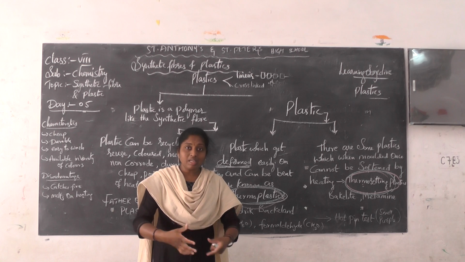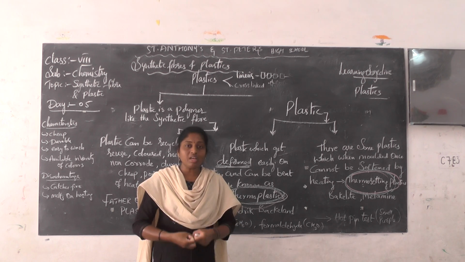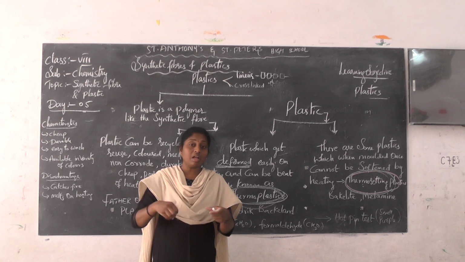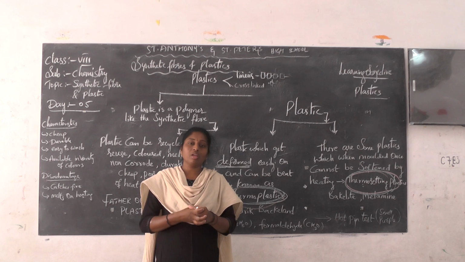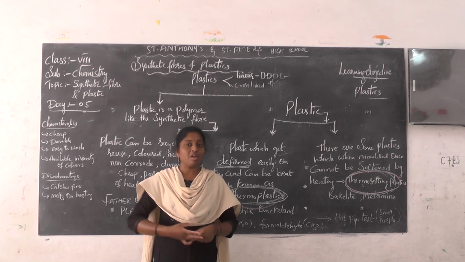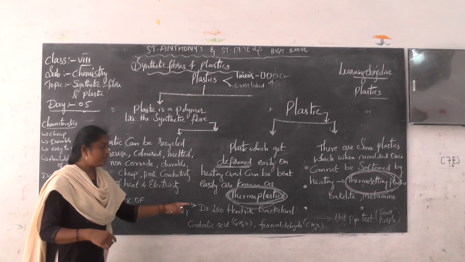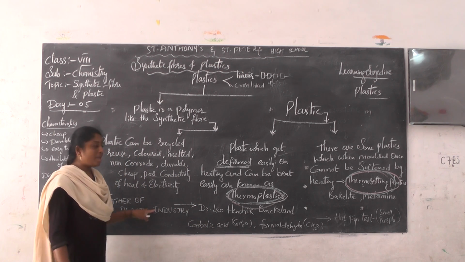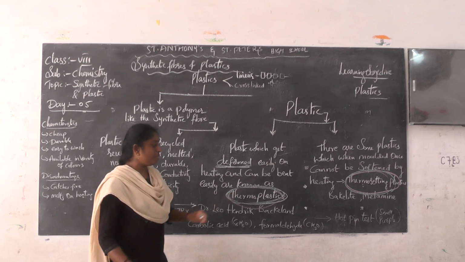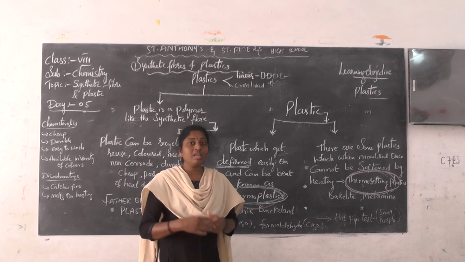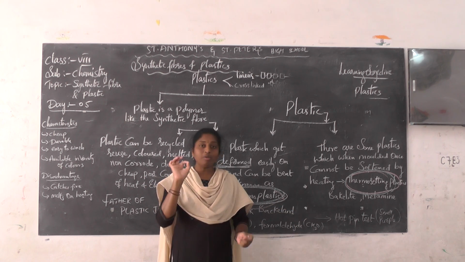Then he wanted to clean that part. But even after applying heat and struggling a lot, he was not able to separate the particles, and it became very strong. So by seeing this, he got the idea about thermosetting plastic. So this scientist became the father of the plastic industry. Who is the father of the plastic industry? Dr. Leo Hendrik Baekeland. Okay, and then he gave the verification by a small test called the hot pin test.